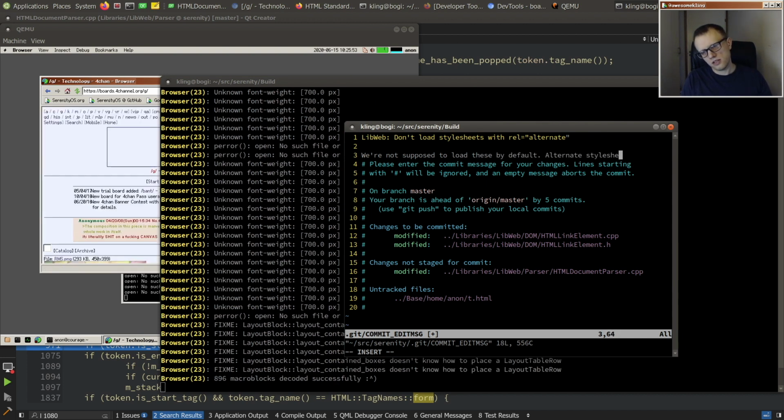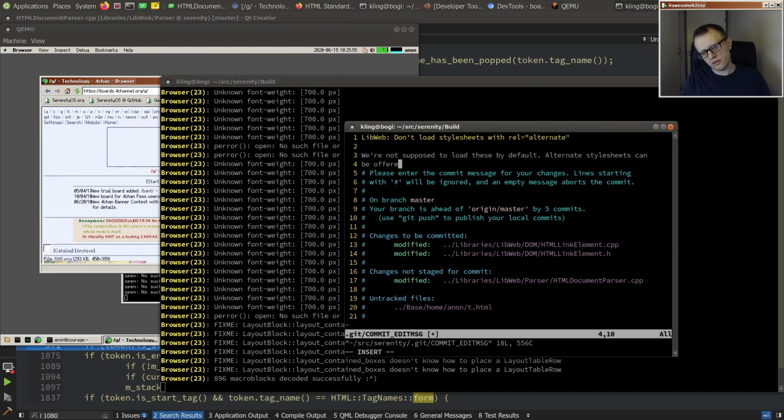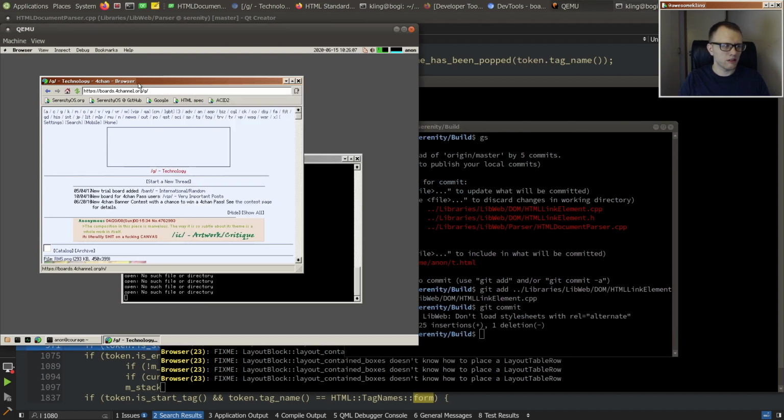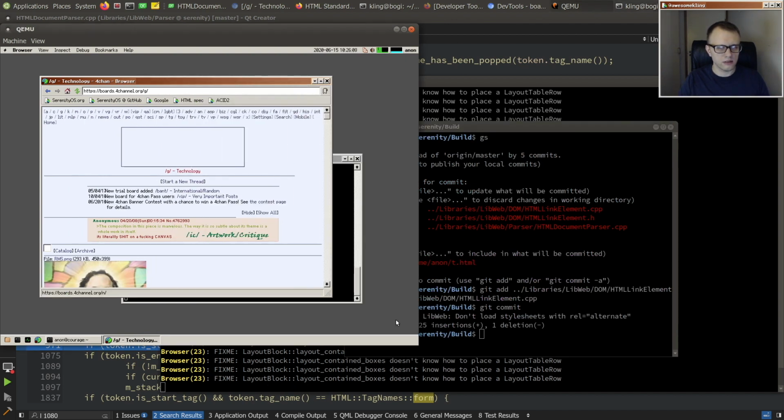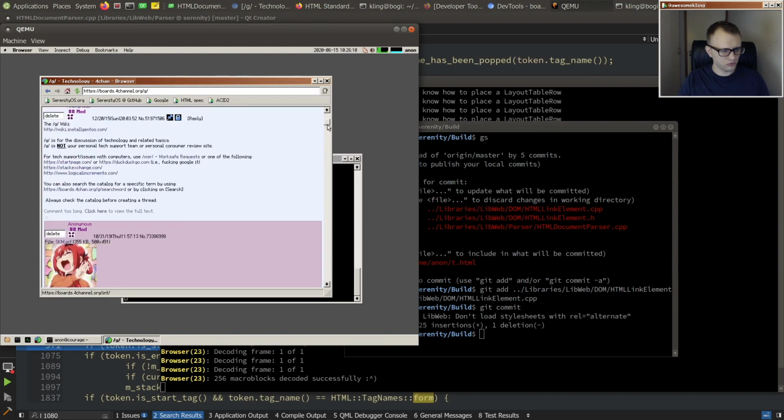Alternate style sheets can be offered in a menu or something if the user is interested. But I don't think we should offer that right now anyway. So